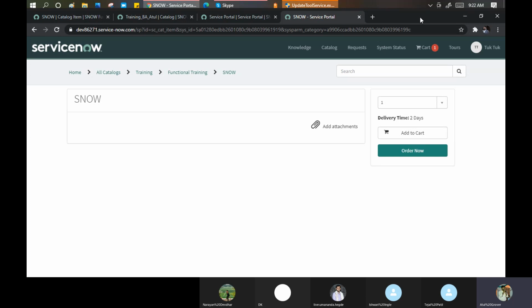Now if I give an example, printer is a category. But printer is hardware as well. Now, what will you do when you're creating a catalog? Will you create a printer as a catalog item, or will you create a printer as a category? These things you need to decide as a consultant, what is the best way to do that.